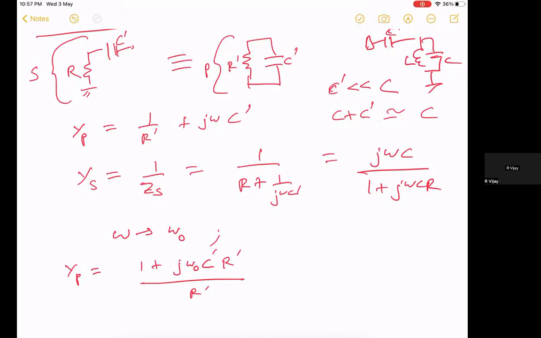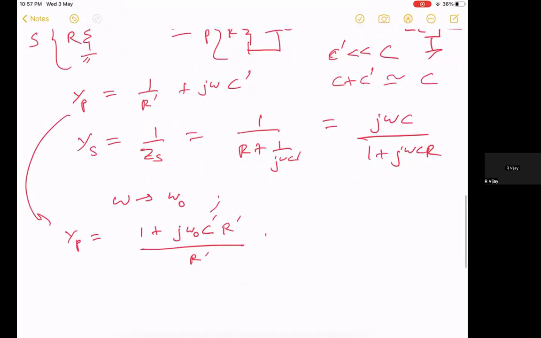That's just taking this expression and taking a common one. And Y of S is J omega naught C prime over 1 plus